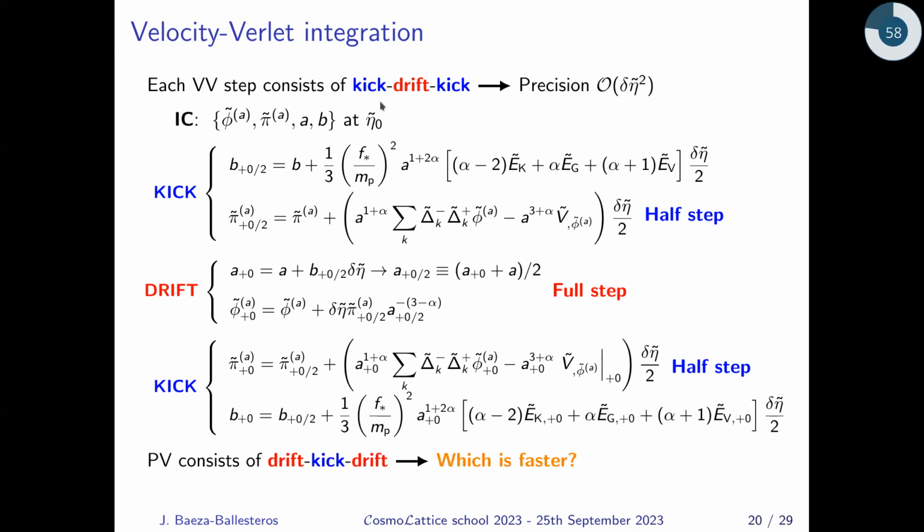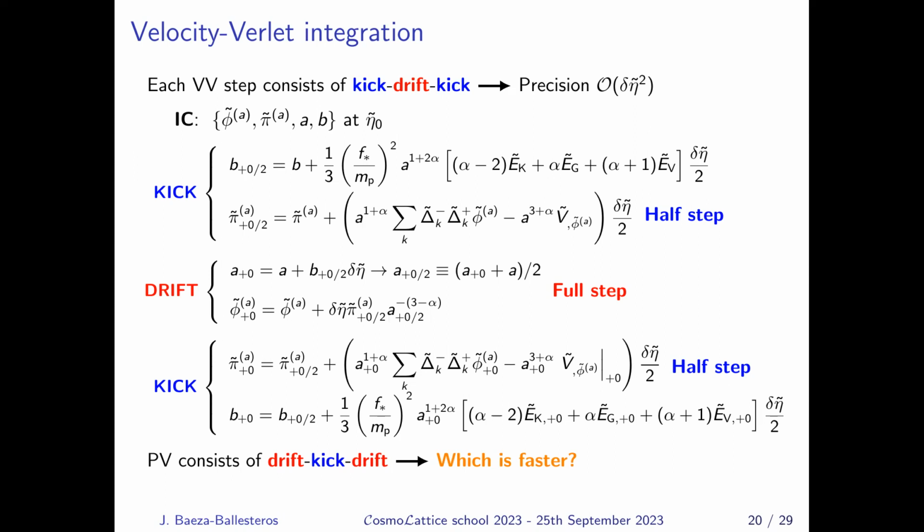So this was velocity Verlet. You can also do the opposite. You can also do the position Verlet algorithms, which are done in the opposite way. You do half a step of the drift, so you evolve the scale factor and the scalar field for half a time step. You do a full step of the kick, a full step in which you evolve the conjugate momentum and the derivative of the scale factor, and finally a final half step of the scalar field and the scale factor. So they are both very similar, and I would like you to think a bit about them,